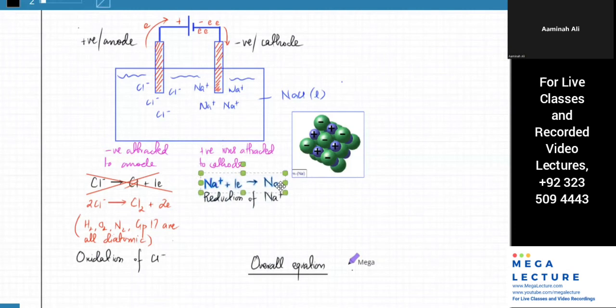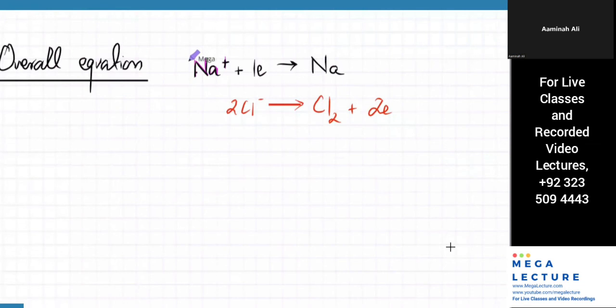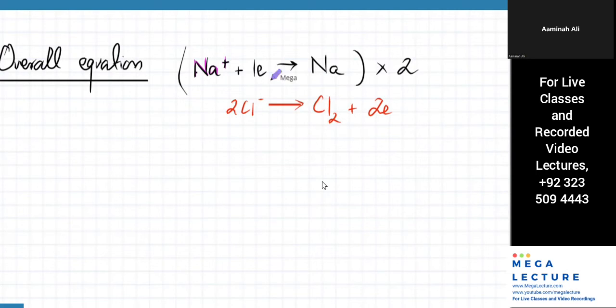So I'm going to pick this equation, put it here. That's one of my equations, and the other one is the Cl minus 1 equation. I'm just going to put the arrows together and add them up. Before adding them up, I'm going to make sure the number of electrons gained and lost are equal. So I'm going to multiply the whole equation by 2, right? If this gains 1 electron, the other one should lose 1 electron, so they got to be equal.